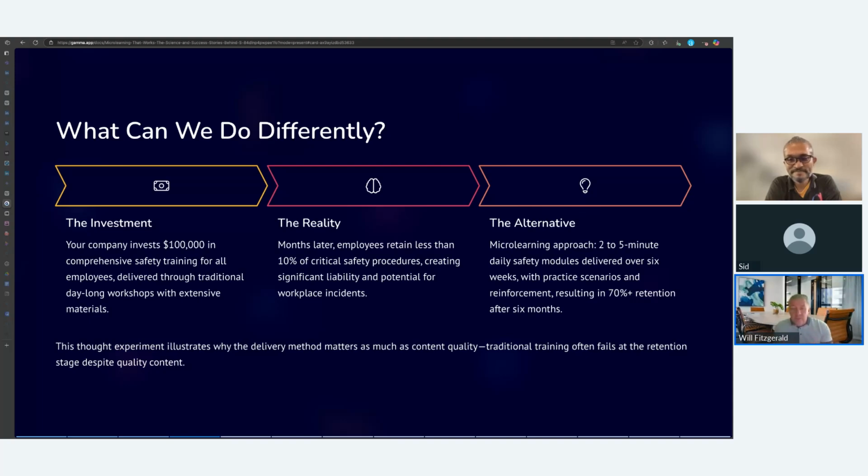Because you have veterans who are in their 80s, in their 70s, like me at 57, and we still remember that order, and we still remember the actions to take. So it gets into long-term memory. That's just a very simple example of taking something and breaking it down into bite-sized training.